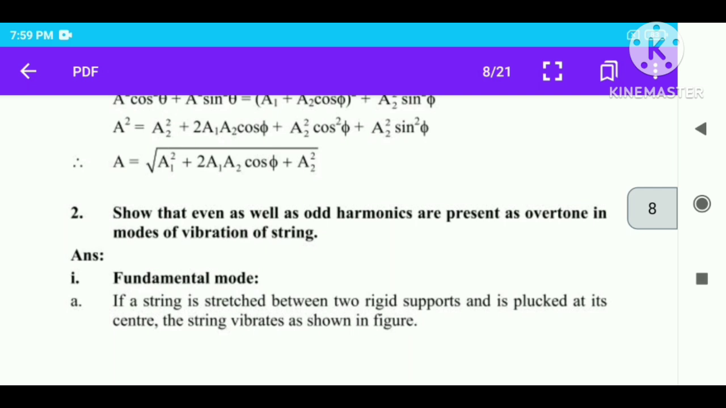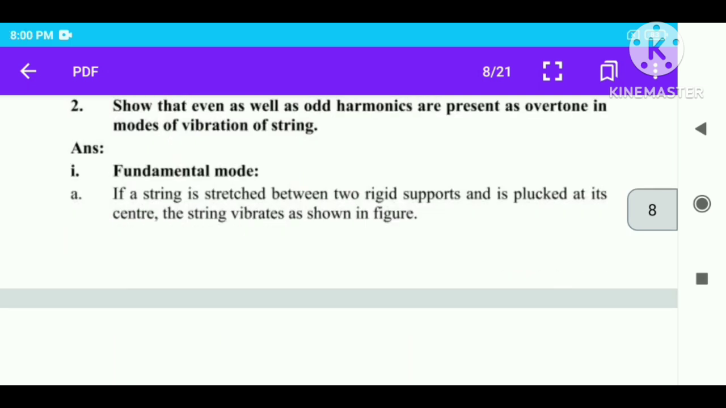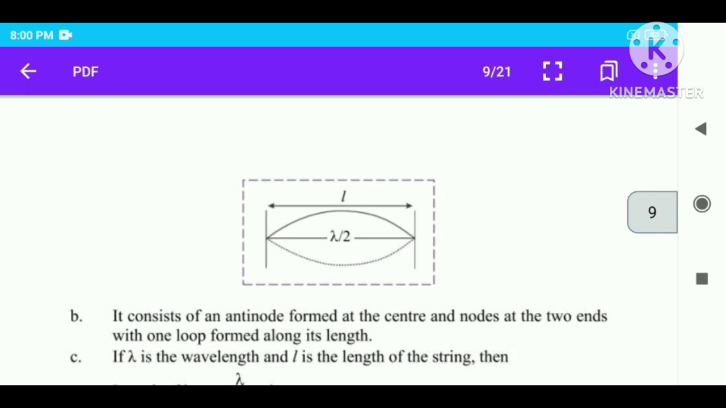Second, show that even as well as odd harmonics are present as overtones in the modes of vibration of the string. First, fundamental mode. A: If a string is stretched between two rigid supports and is plucked at its center, the string vibrates as shown in the figure. Lambda by 2 is the length. B: It consists of an antinode formed at the center and nodes at the two ends with one loop formed